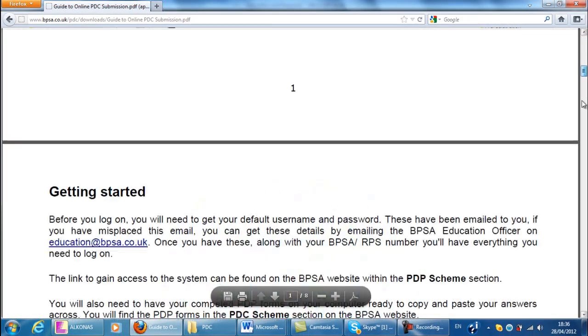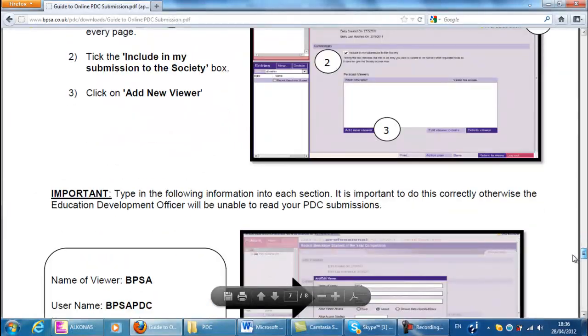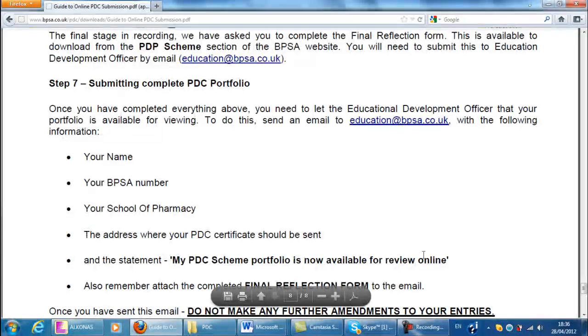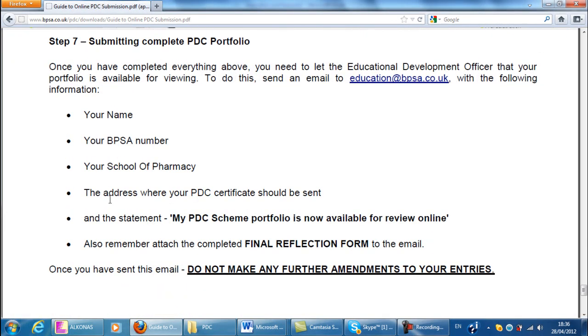If you scroll down the PDF file and go to step 7, we then find out more about the details that you need to include in the email. These are your name, your BPSA or RPS number, your school of pharmacy, the address the PDC certificate should be sent to, and also the statement, "My PDC scheme portfolio is now available for review online." Also, don't forget to attach the final reflection form to the email. All these details and your final reflection form need to be sent to